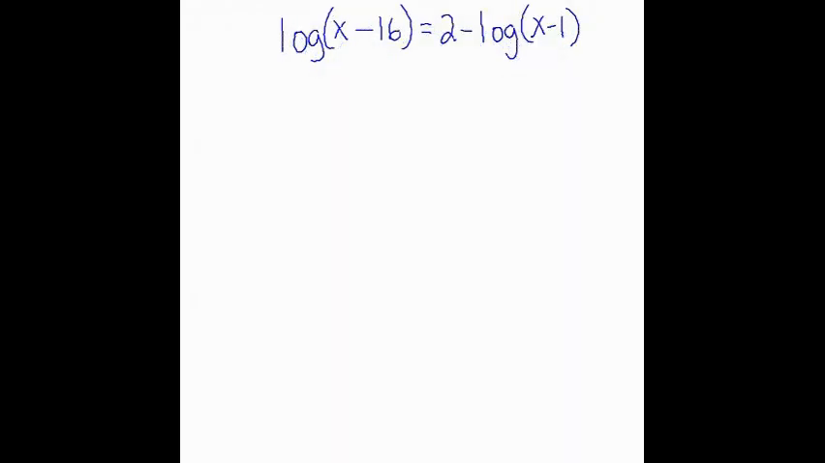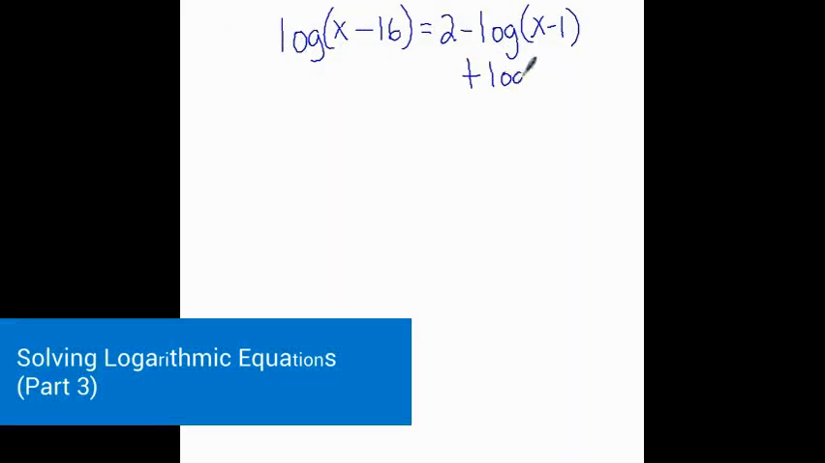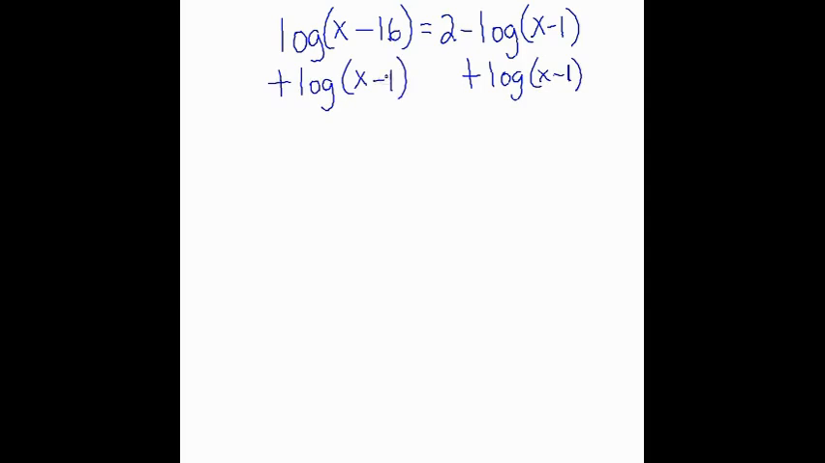Similar to the last video, I'm going to go ahead and start by adding log x minus 1 to both sides. Now this time, I am going to multiply the arguments together. Because we're in base 10 now instead of base e, we won't create the same mess we would have if it was base e. So this would be log x squared minus 17x plus 16, and you go ahead and check that,